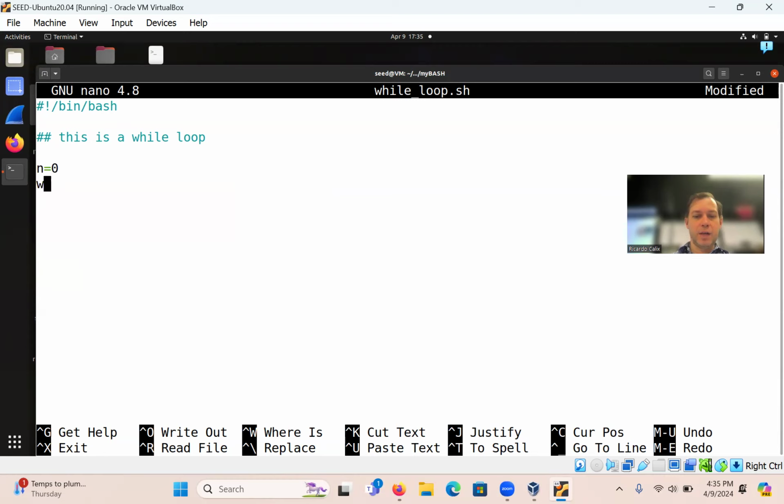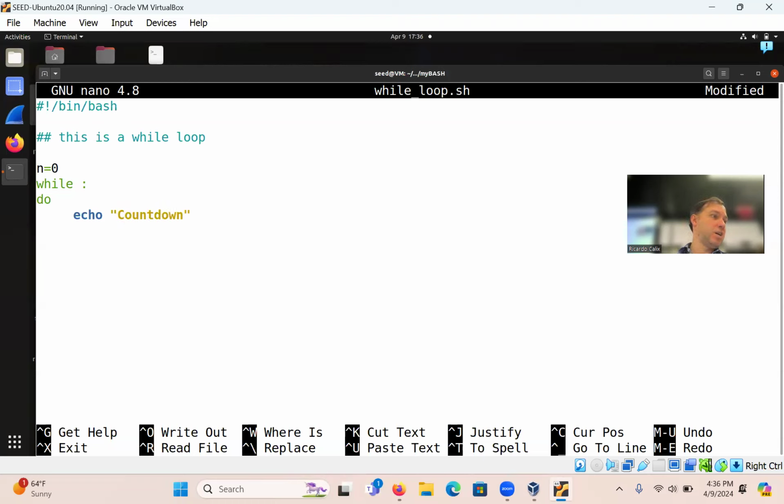And then you can say while. And in this case, we're not going to have a condition. So it's just going to be a true condition, basically like this, basically saying while true. If you say while true, it's like an infinite loop. Okay. So while, and then you can say do, and then just add some spaces, echo, and say countdown, countdown.